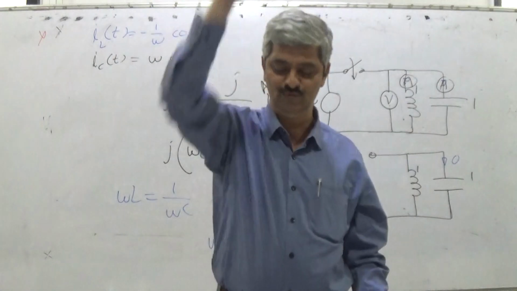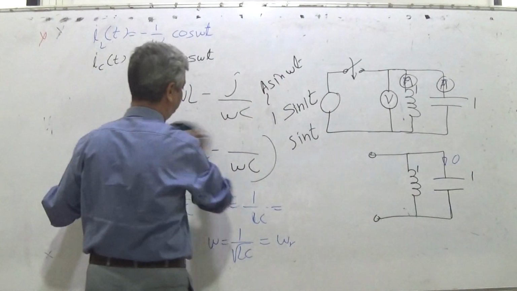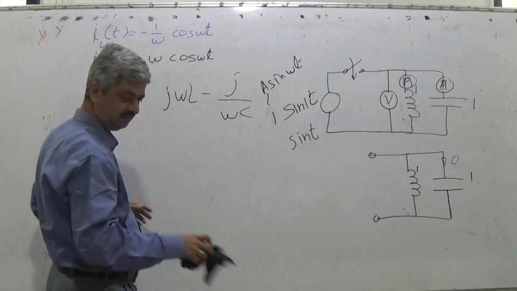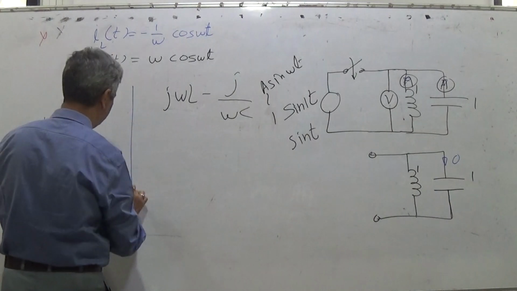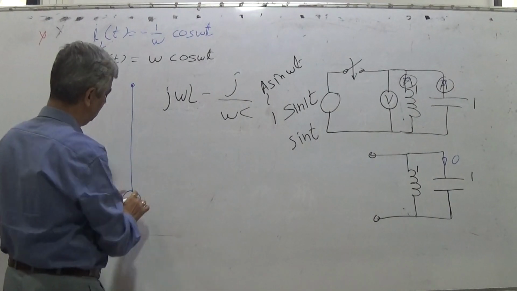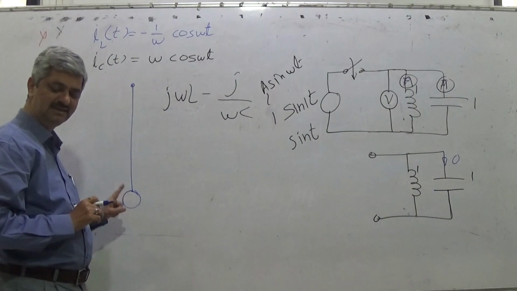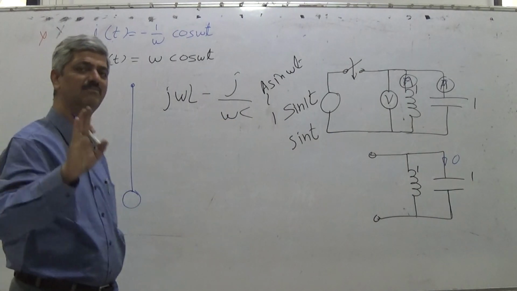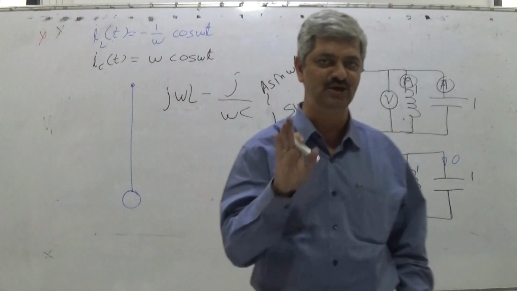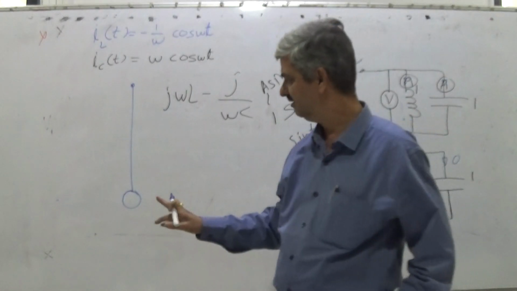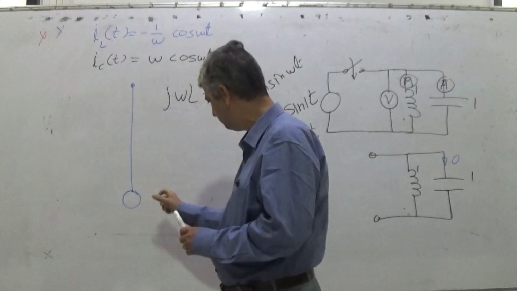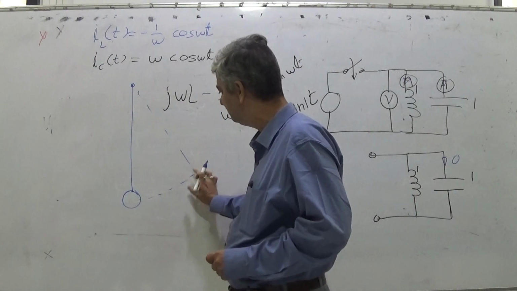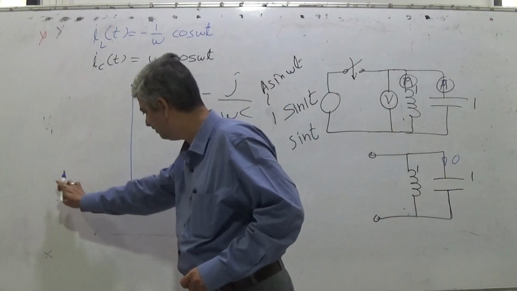When you put the pendulum as it is, what will happen? If the pendulum is as it is, it will not start swinging. A stationary pendulum remains stationary, it will not swing as it is. But if you bring it from here to here and then release it, it will continue to oscillate.